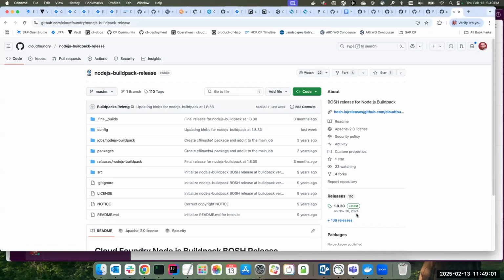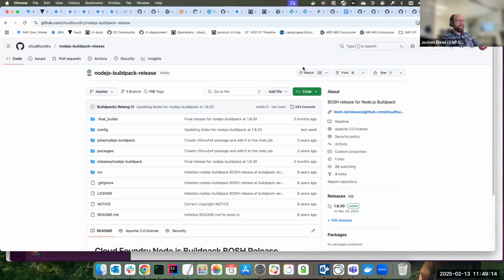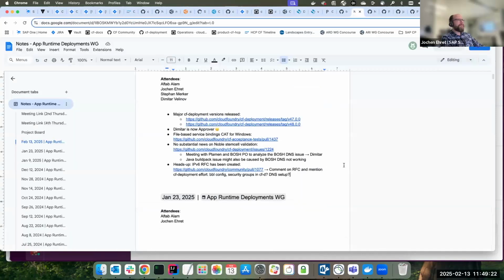GitHub Actions. We talked in the TOC about it, and Ruben and Amelia promised to nudge the relevant teams. I mean, we can't do a lot here, I would say. It's at the moment completely in Broadcom's hands, and they have to solve it. Not much we can do. We are consuming from bosh.io, and there's no updates. We don't do anything.